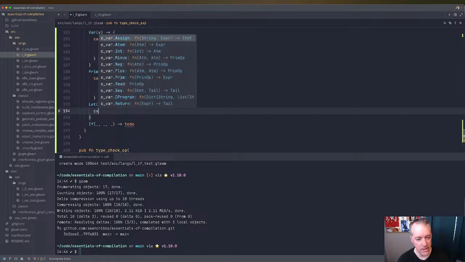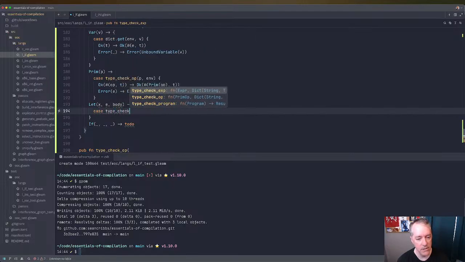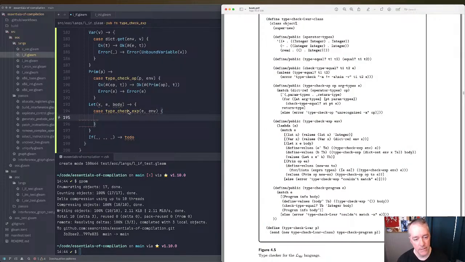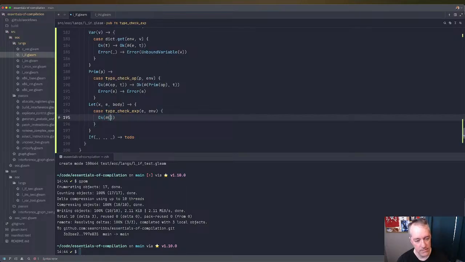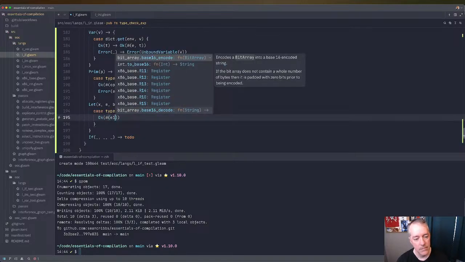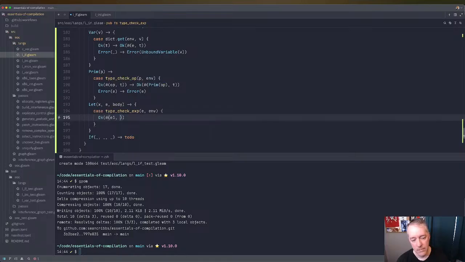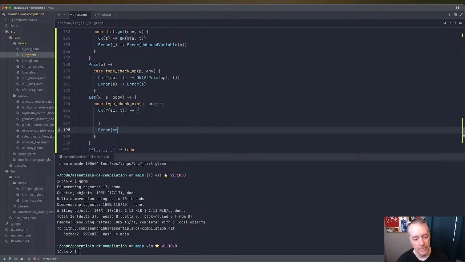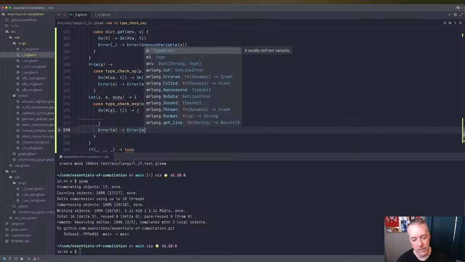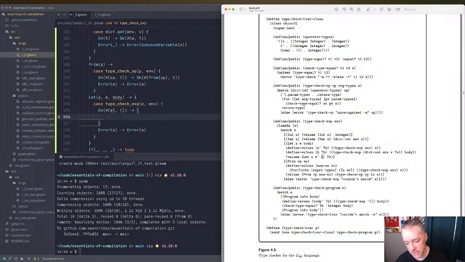So if we say case type check expression of e with the e and v, if that returns okay, then we'll do the rest of this. If it returns error, we'll return an error. Okay, so if it succeeds,